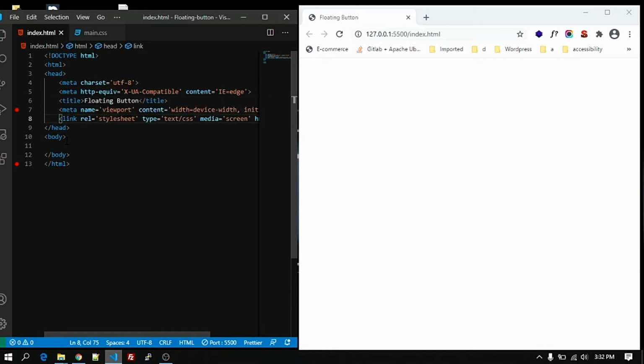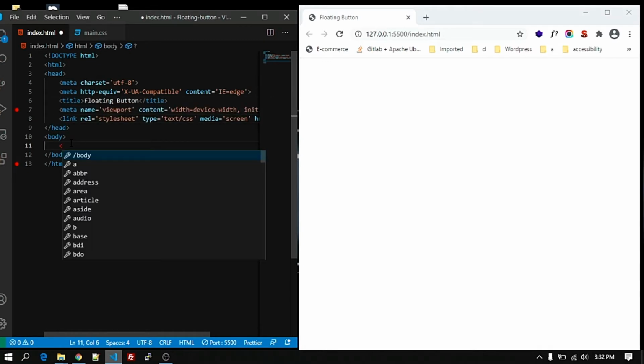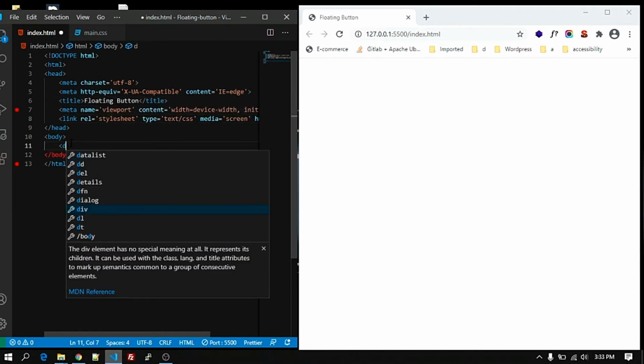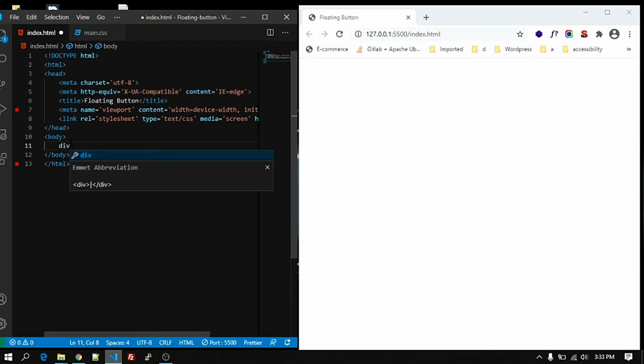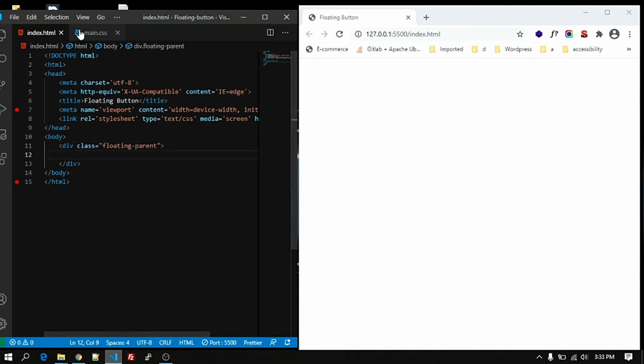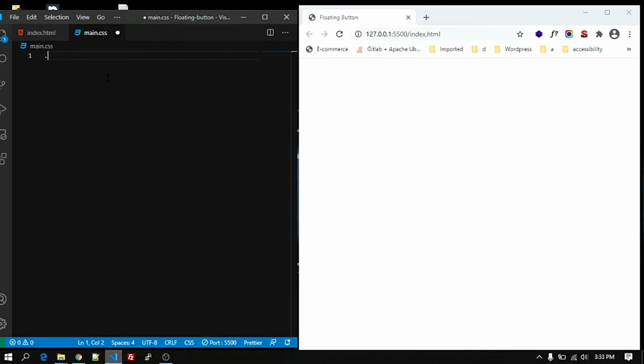So first thing, we are going to create a div, a floating parent div. Let's add some CSS for that.